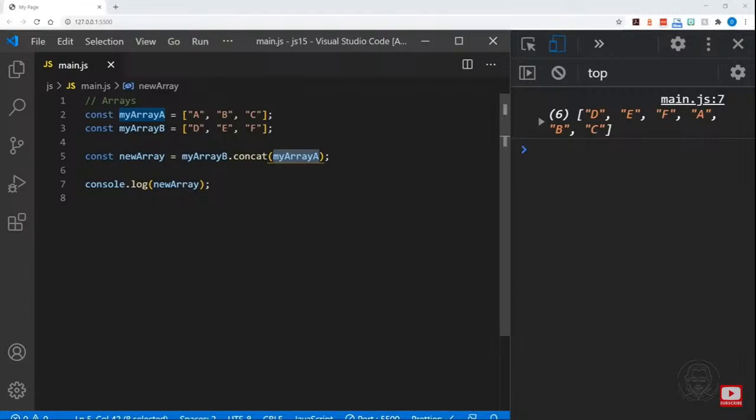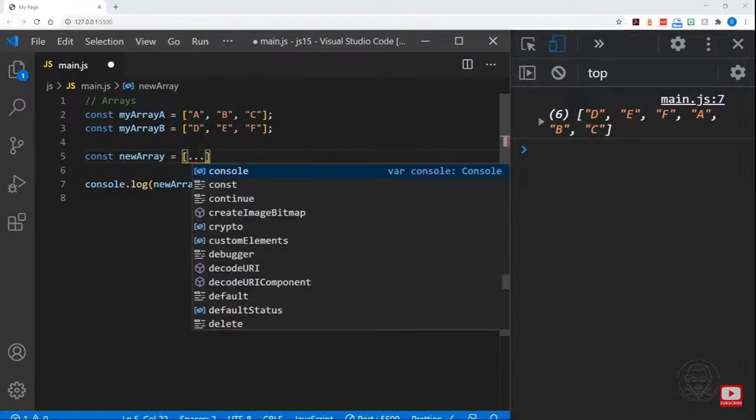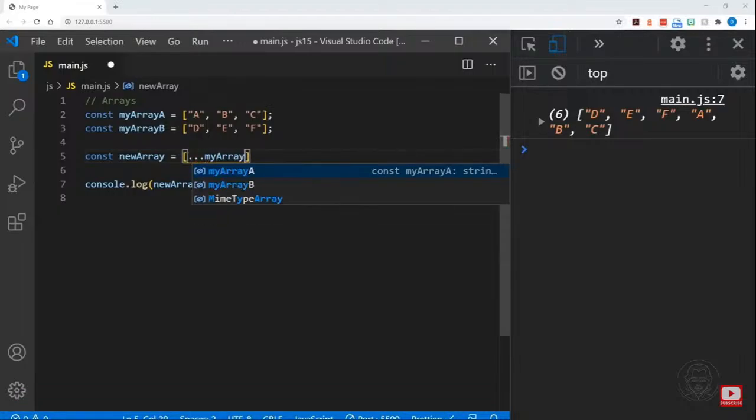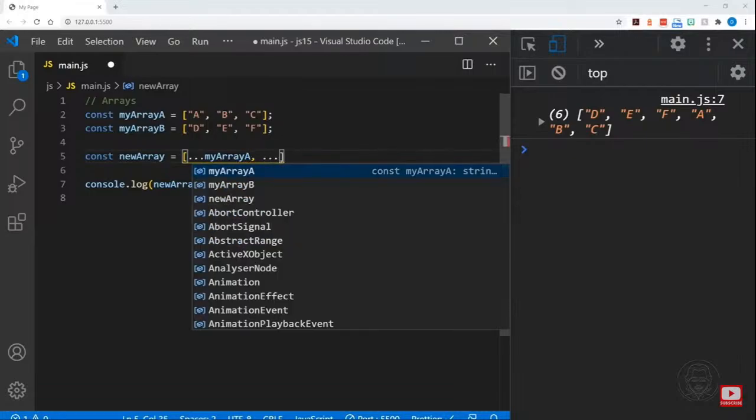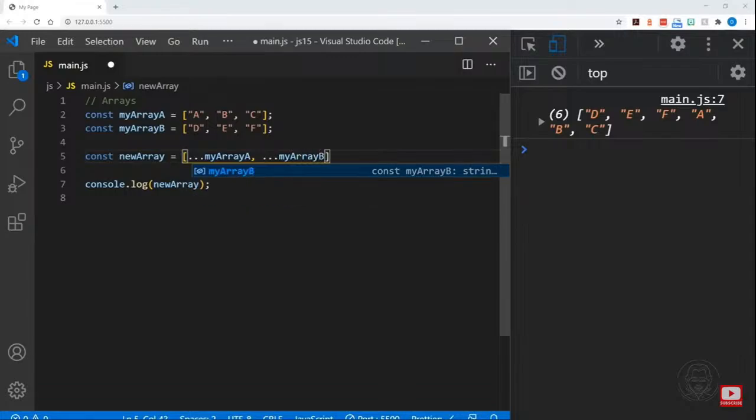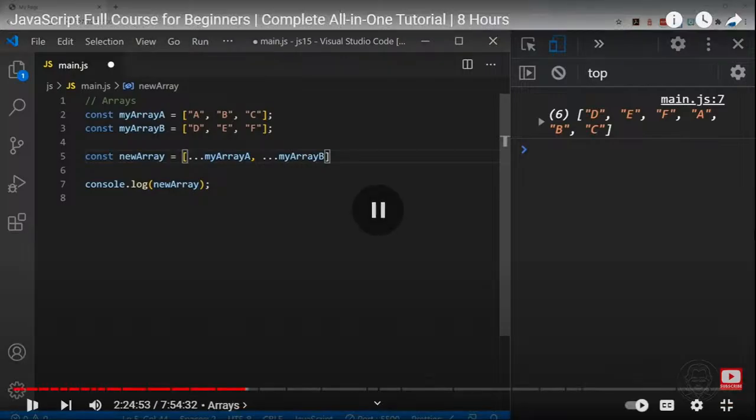There is a newer way to do this, though. Instead of using the concat method, we can use what is known as the spread operator. And we'll use the spread operator to create a new array, just like we're defining a new array. So that would be a blank array. The spread operator is 3 dots. So we'll put my array A, and then we'll once again use the spread operator and put my array B. What the spread operator does is it tells the array